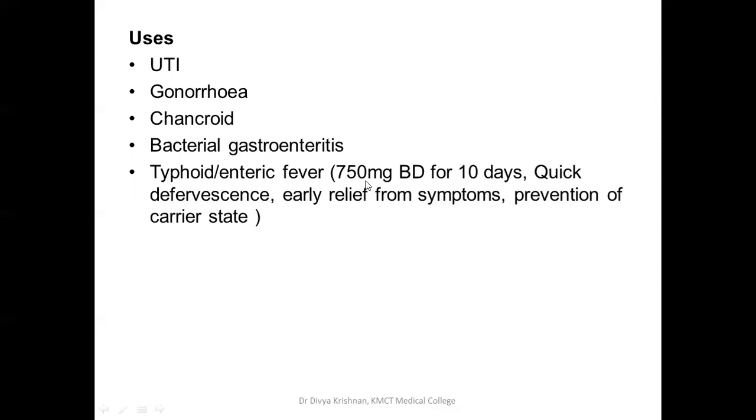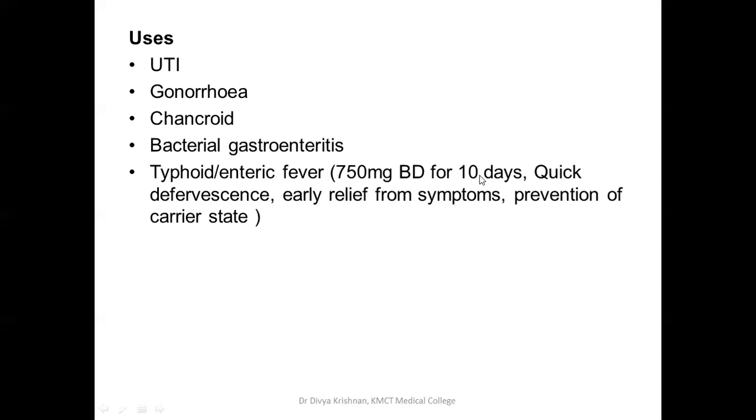Usually, the dose is 750 milligram twice daily for 10 days. It causes quick defervescence, early relief from symptoms, and it can also prevent the carrier state of enteric fever. Now, other antibiotics that we mentioned for enteric fever include co-trimoxazole. Other than that, there are other drugs like ceftriaxone, chloramphenicol, then azithromycin, which you will be learning in the coming